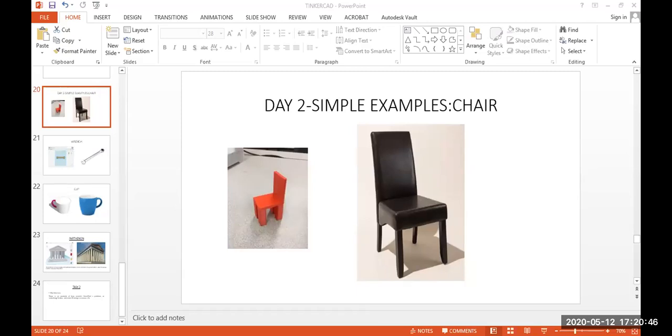Can you see the Tinkercad interface on the screen? Anybody, can you please reply? No, sir.